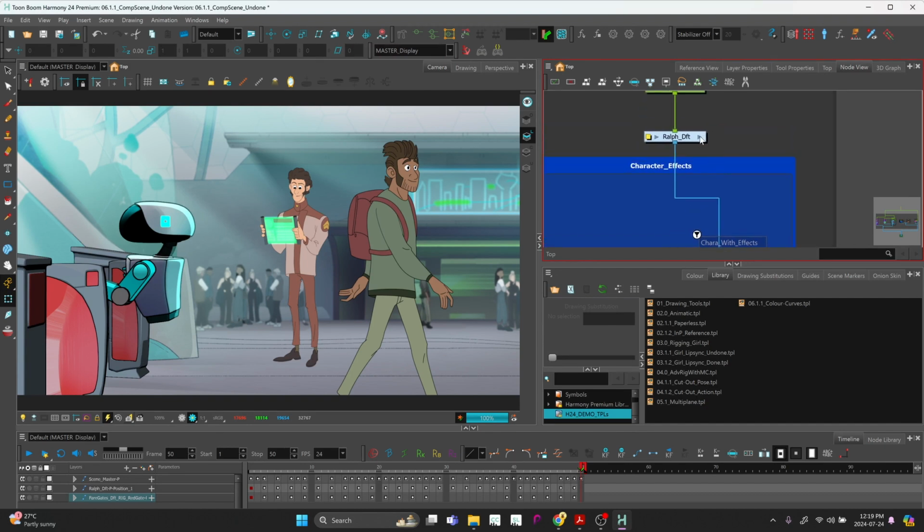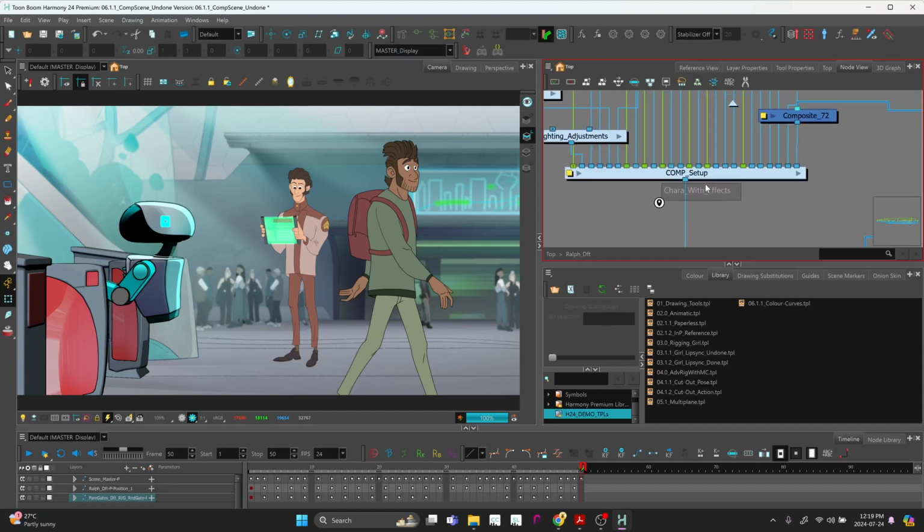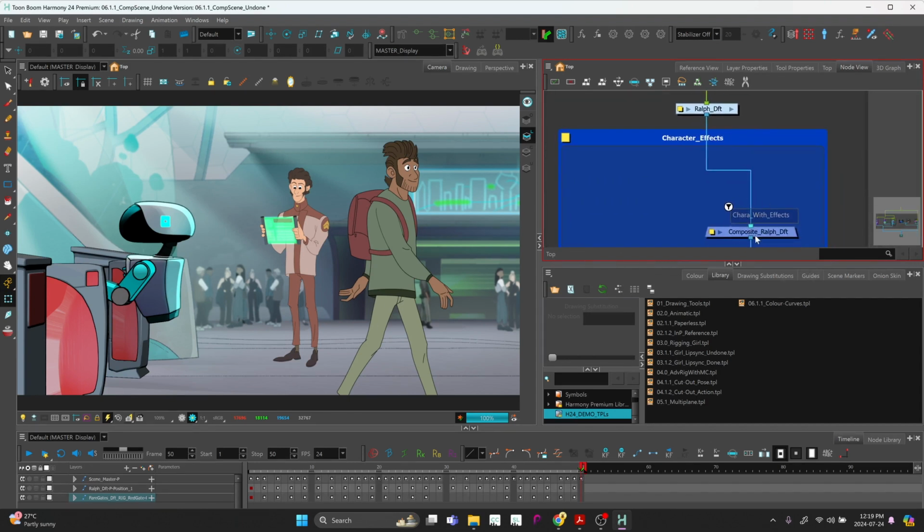I can go into my rig group to see that we have a comp setup and we have tagged the output character with effects. And this information is fed down through the wire, through the composite, and out of the group to the composite on the outside. If I click here, I can open up my menu and we can see that we have inverted selected. If I deselect this, in a few seconds, we are able to see that we actually have some compositing effects